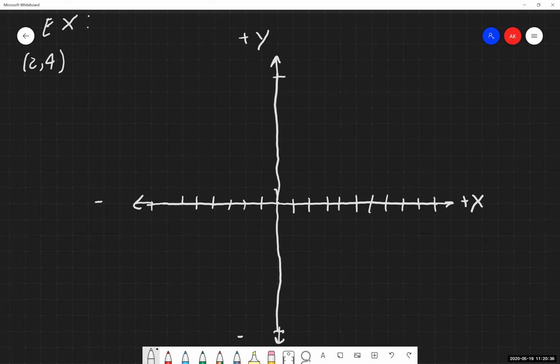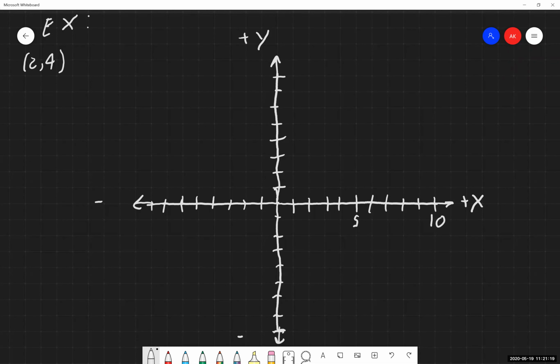Now, if you are someone who would like to go through and label each one of these little tick marks that we have along a set of axes, you are welcome to do so. I am not requiring that you do that. You can use a little bit of a shortcut for yourself, and I'm fine with this. I am going to label and go by 1s for each of these. So I'm not going to label each and every point on here. Instead, I'm going to go over about 5 or so, and then I'll label that one. So moving from the origin, so our center part, I'm going to go over 1, 2, 3, 4, 5. Just put a little 5 down there. And then go 6, 7, 8, 9, 10.